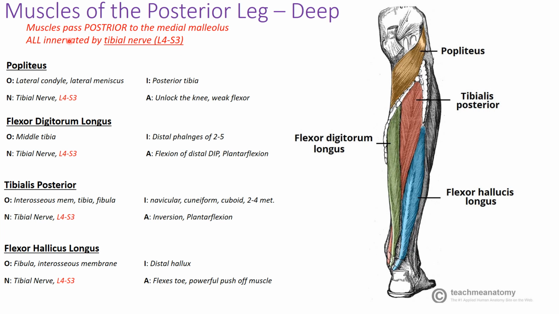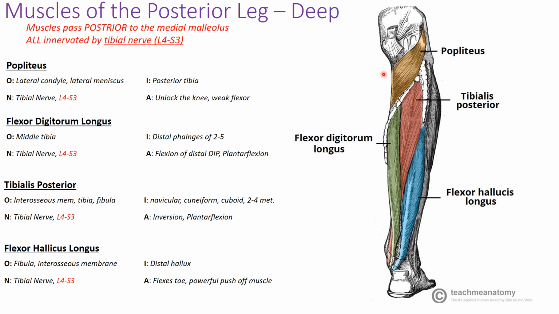of the leg. All of these muscles, if they cross the ankle joint, are going to cross posterior to the medial malleolus. You're going to see that's really important. We now have a compartment that passes anterior to both malleoluses, maybe. Then you have a compartment that passes posterior to the lateral malleolus, and now you have a compartment that is sending tendons passing posterior to the medial malleolus, and this is going to be the posterior deep compartment of